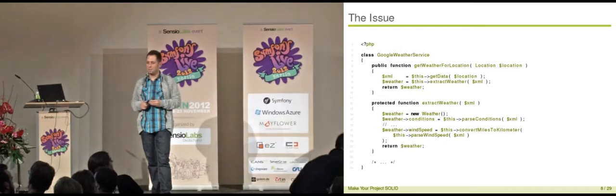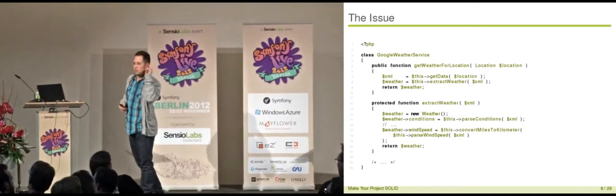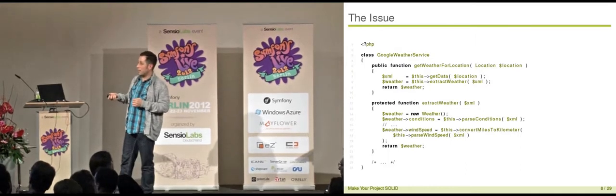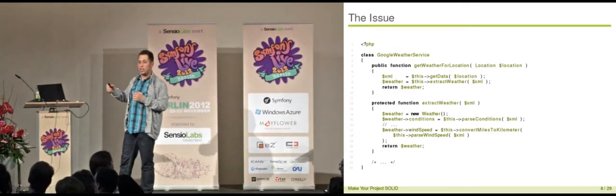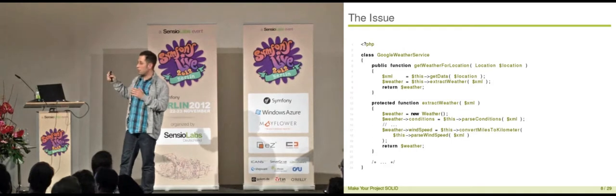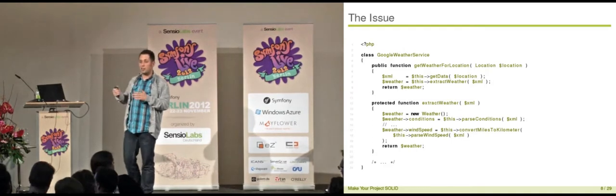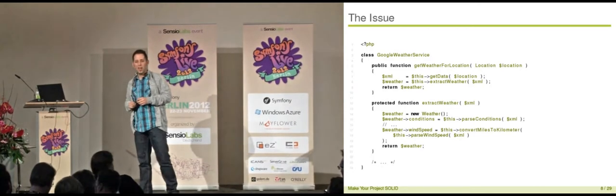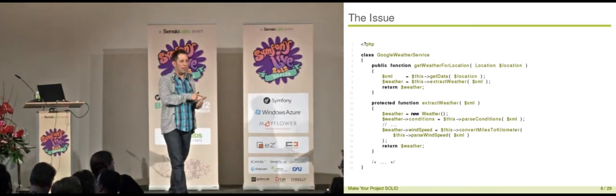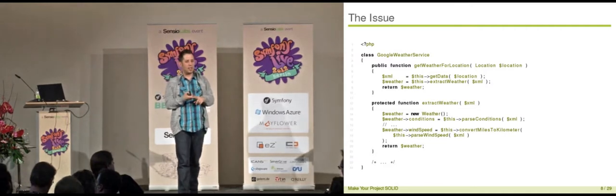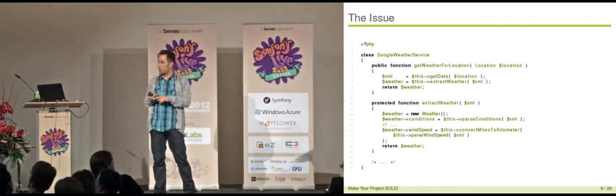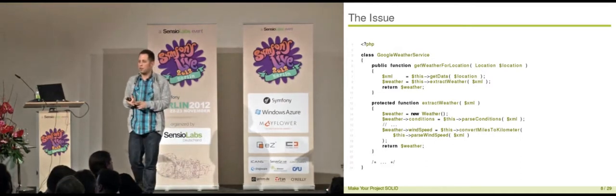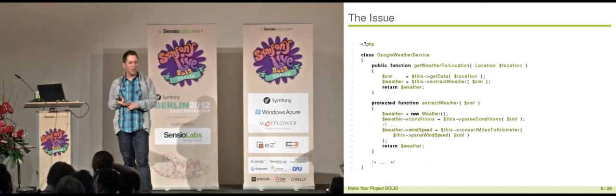The wind speed is always in the same metric or unit. The wind speed must be in the same unit, so if Google decides to change the wind speed to kilometers and not deliver it in miles anymore, then I need to change that class. So if Google changes the overall data format, or parts of the data format, or decides to locate the weather service in a different location, I need to change that class.